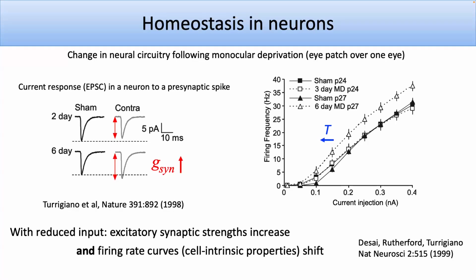Okay. But the other thing that happens, if you say, well, as a function of the current injected into that cell, how easy is it to get the cell to spike? You also find a shift in threshold. So now you need less current to generate a spike in the cell. So these are two distinct properties. The one on the right, the shift in firing rate response to current, the FI curve, is called intrinsic homeostasis. It's about intrinsic properties, the channels, often potassium and sodium, measured in the cell body.